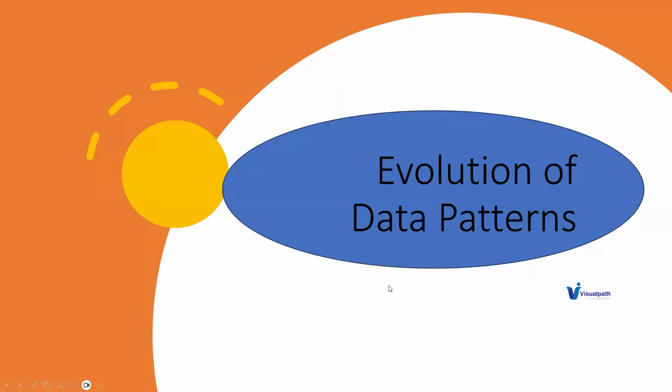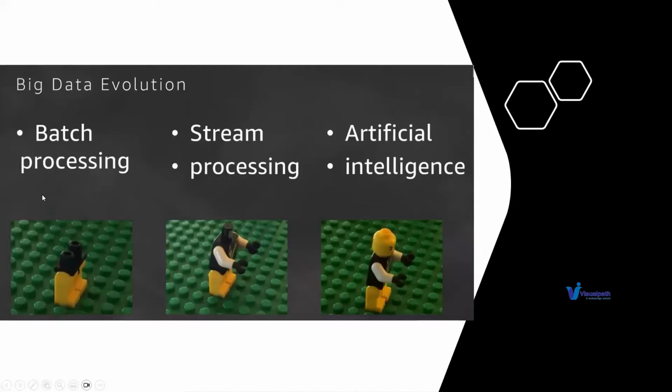While you are going to do this, see what is going to happen here. When you are trying to do your big data evolution, it starts with batch processing. Batch processing means today we are doing nightly loads. Within these nightly loads, we collect all the data from the different application systems, process the data, and then load the data into the different applications, right? So that is your batch processing.